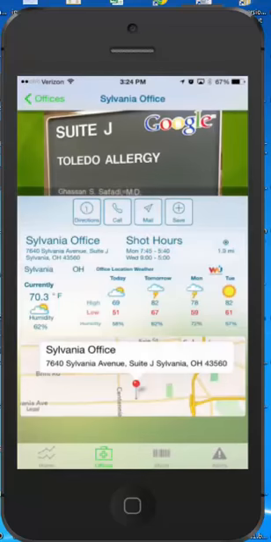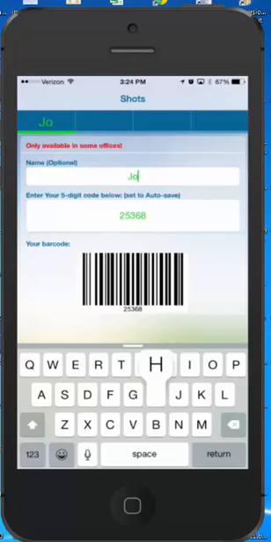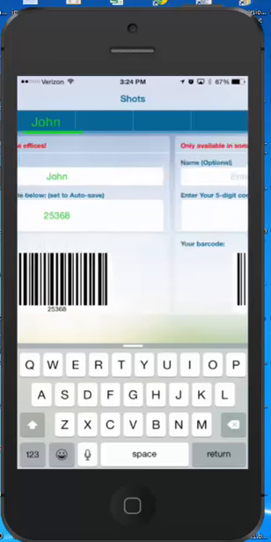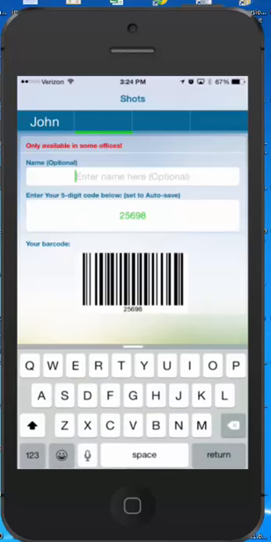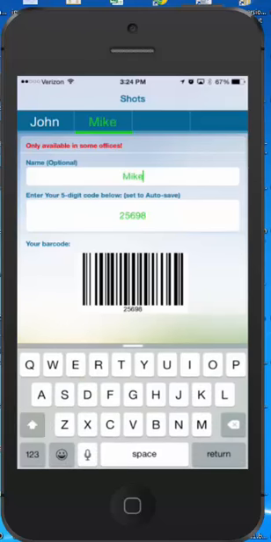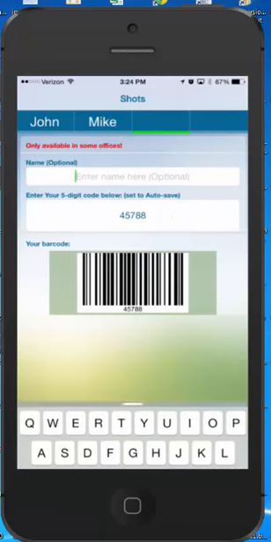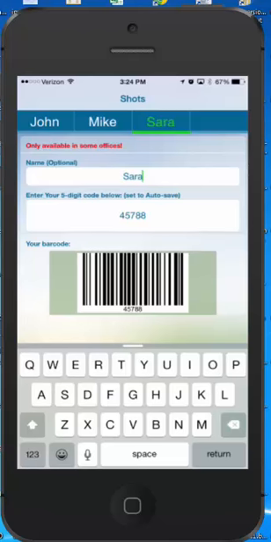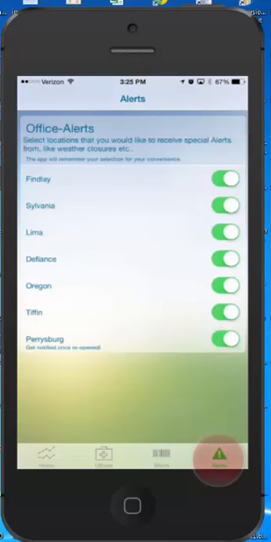So we finished the first two tabs at the bottom. Going to the third tab, which says shots, we kind of went over that. This is primarily for allergy shot patients. You can add a name to that person, and it will show in that tab, especially if you have different people or families that get shots at the same time. You can certainly add different people's names there. So the fourth and the last option in the app is